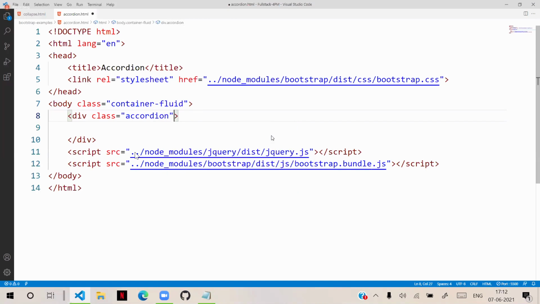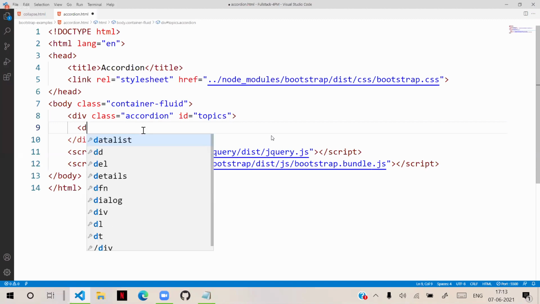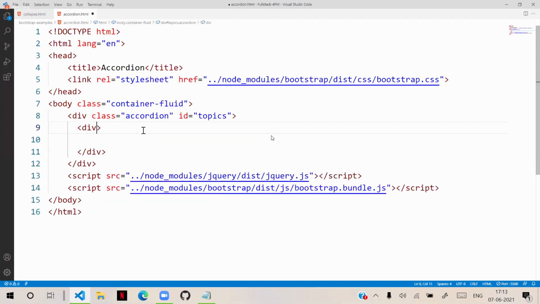So that is accordion and ID. I will give an ID for this as topics. Topics is an accordion ID. Accordion actually comprises accordion items. Accordion contains accordion items. This is new in the latest bootstrap. Earlier we had only accordion.